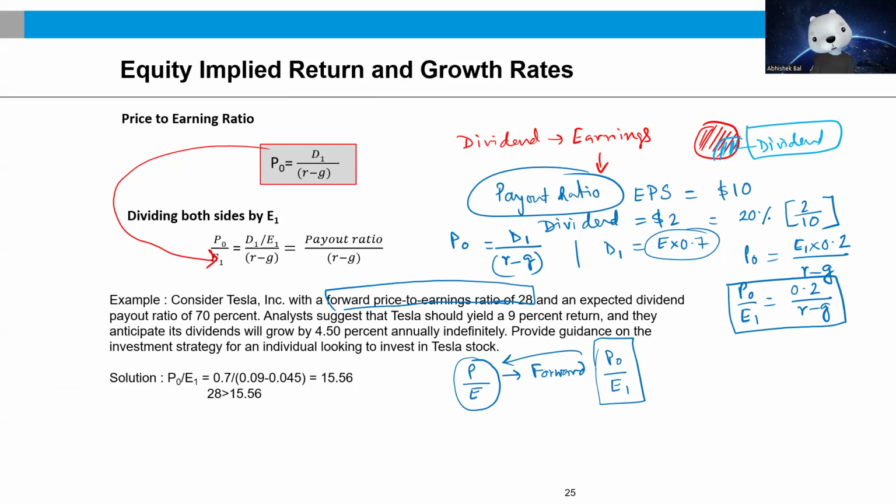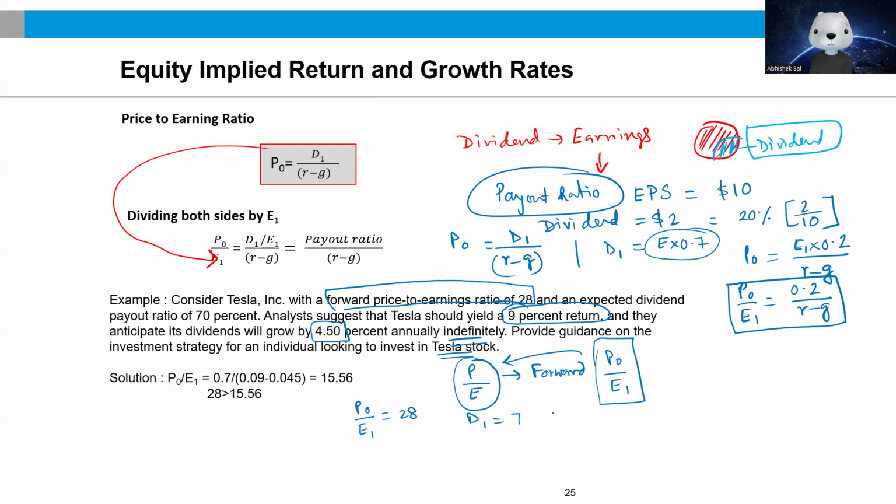expected dividend payout ratio of 70%. An analyst suggests that Tesla should yield a 9% return, and they anticipate the dividend is going to grow at the rate of 4.5% annually indefinitely. Provide guidance on the investment strategy for an individual looking to invest in a Tesla stock. So what do we have? We have a forward P, P0 by E1 as 28. That's already been given, and an expected dividend payout ratio. So obviously the D1 is going to be